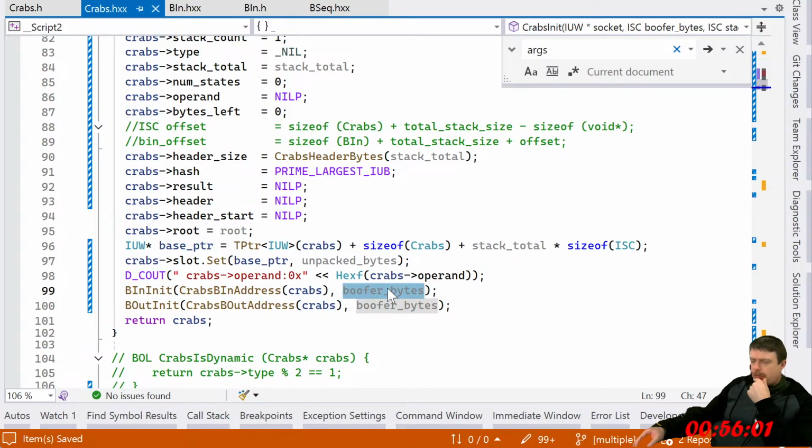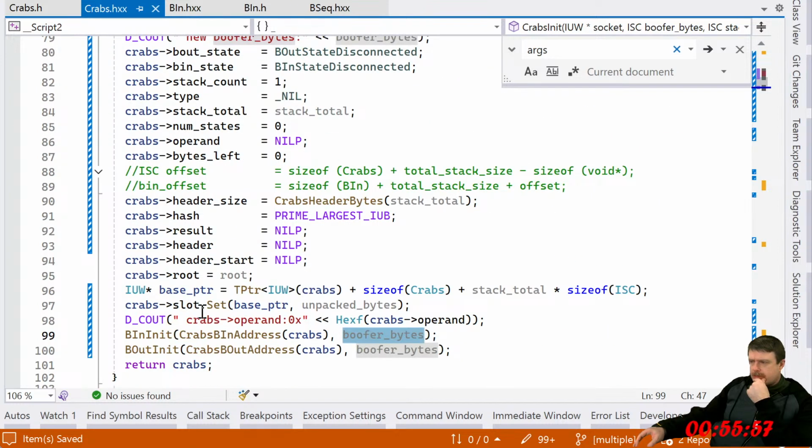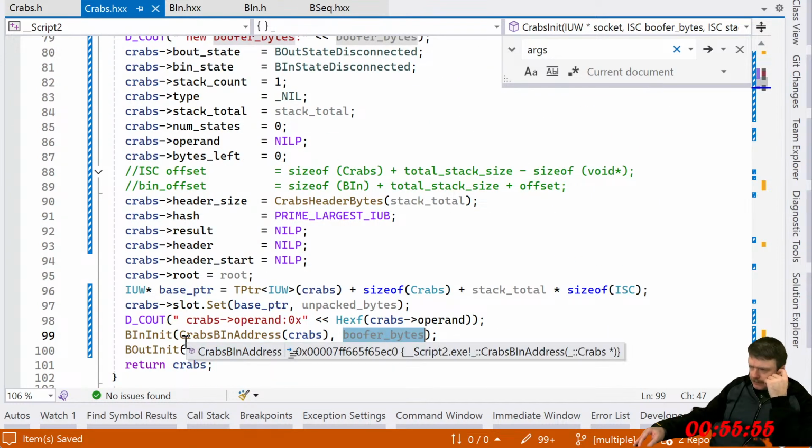I'm unaware of why I'm passing in the buffer bytes. Seems like I need to use buffer bytes divided by 2.